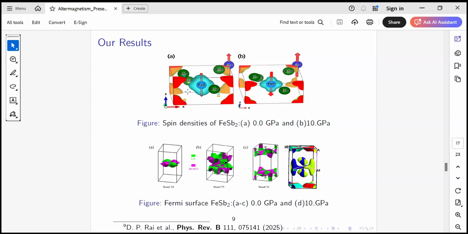You see the spin environment around the Fe atoms in figure A and figure B. You will see that the shape is shrinking. From there we can correlate that the strength of the spin splitting is going down. We have also calculated the Fermi energy, and it is very distinctive that the spin up and spin down are so clearly separated.